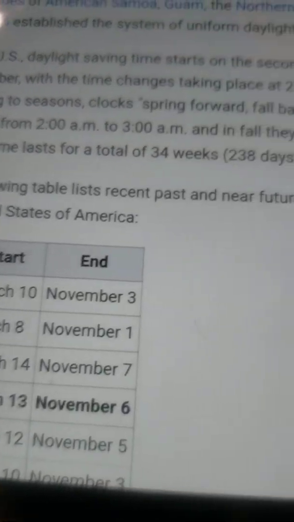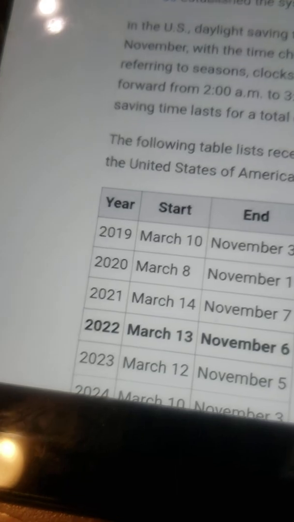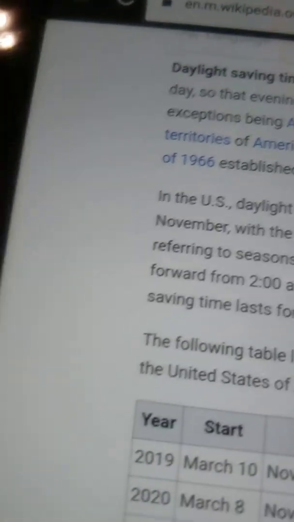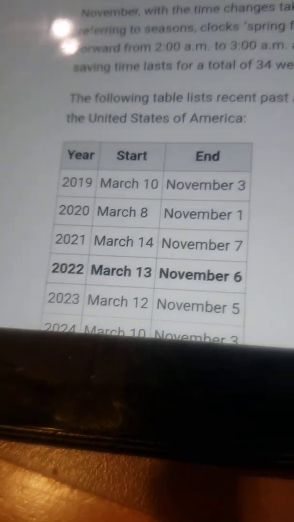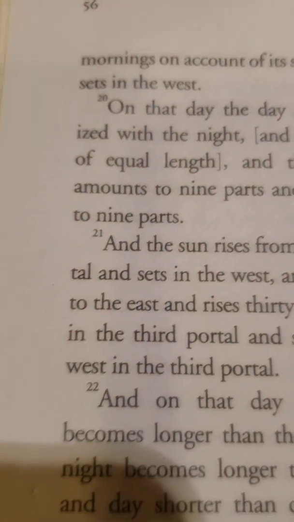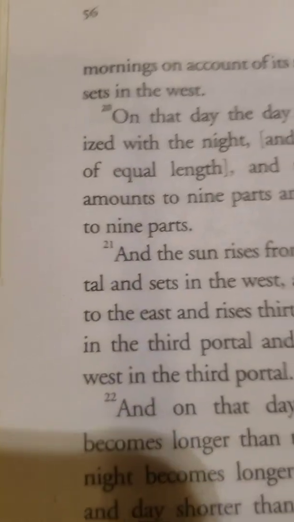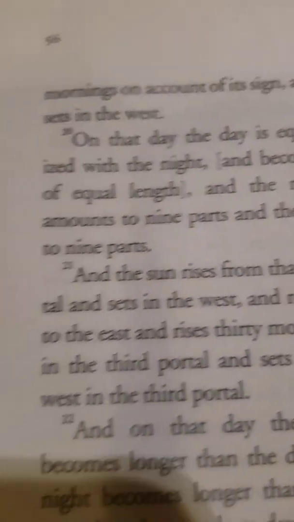to 1 a.m. Daylight savings time lasts for a total of 34 weeks, 238 days every year, about 65% of the entire year. Okay? So, once again, this data and its discussion is basically a clear statement, as I discussed in November, of the forward and back. The scriptural discussion is basically a parallel in terms of time, season, and movements of the sun. So I'm basically just bridging any kind of gap that would exist and connecting modern science with ancient biblical texts.